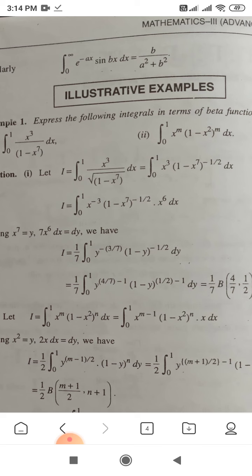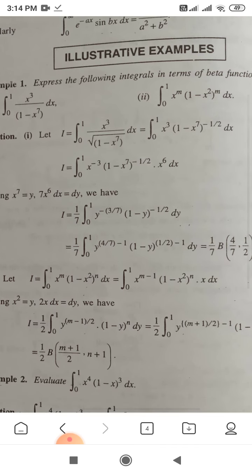These exponents are written in the form of this equation. Minus 3 by 7 is expressed as 4 by 7 minus 1, and minus 1 by 2 is expressed as 1 by 2 minus 1. So it is the proper form of the beta function, and by comparing with the formula of beta function, beta mn